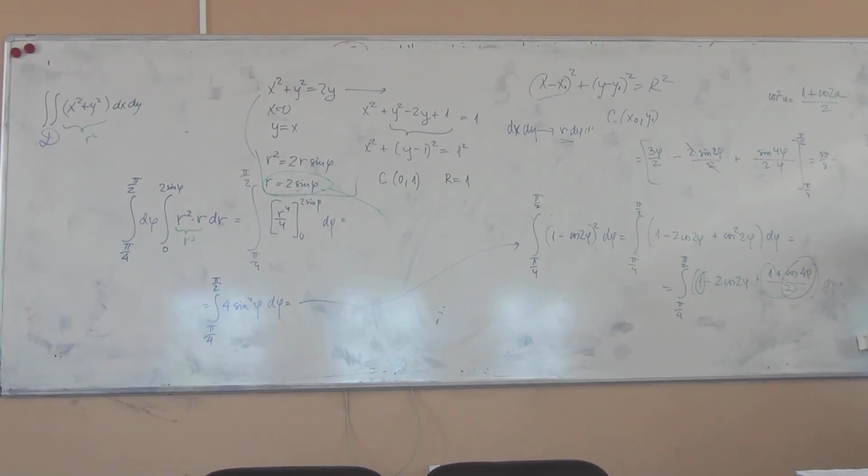Minus, now, sine of 2 pi means sine of pi, which is 0. Sine of pi is 0, and sine of pi half is 1. So it's 0 minus 1. And for the third term, so I'm doing each term separately. I'm not doing all these for pi half and then minus all these for pi fourth. I'm doing subtraction, both boundaries for the first term, minus subtraction for both boundaries for the second term, and now